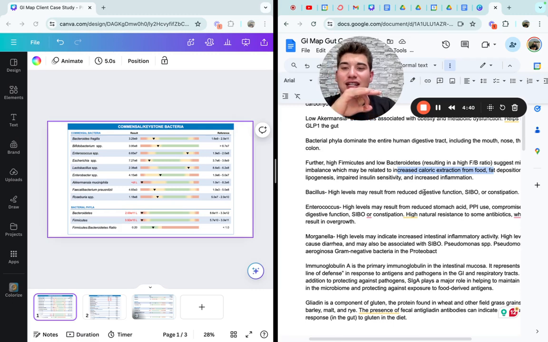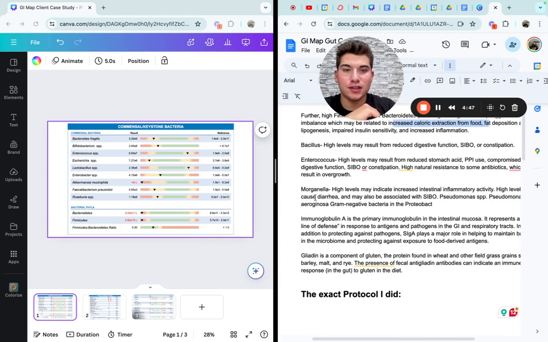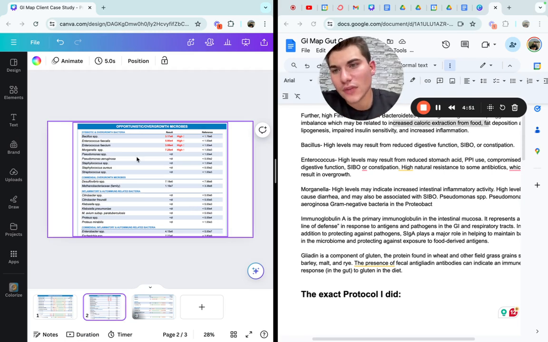All these things can indicate that you have this type of bacterial imbalance. And if we move into the next slide, I'm showing that there's a lot of dysbiosis, as we'll call it,